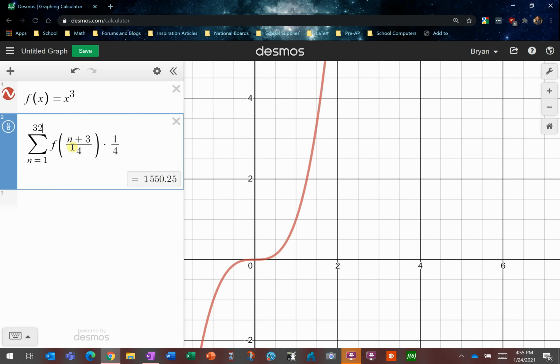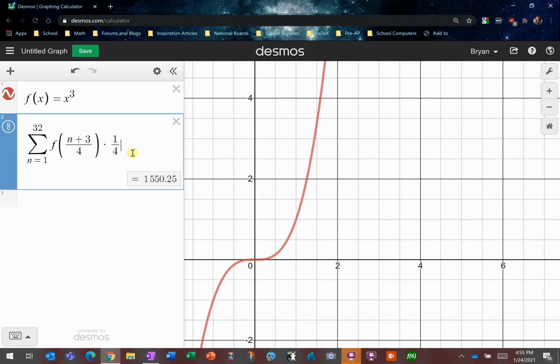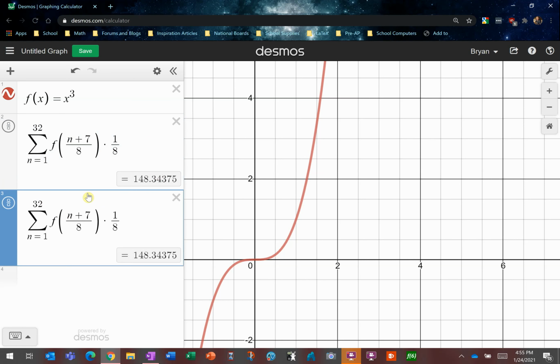And this is still an under approximation if it's a left. Where would we start? Or maybe how big is each subinterval? Well, if it's 32, we have a 5 minus 1. It's still 4, but it's 4 over 32 now. And I think that's going to give us a 1/8. So our base is 1/8, and our x values are going to go up by 1/8. We are going to start at 8 over 8 at f of 1. So 1 plus what brings us to 8 over 8? 1 plus 7. And notice now we have a slightly better approximation, 148, as opposed to